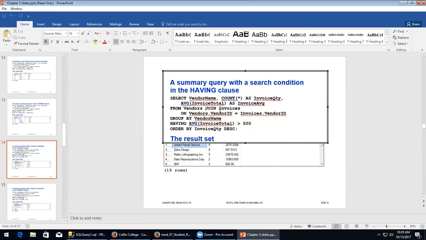What do I want you to do instead of just saying join? Inner join, please. For the purposes of this class, it'll be right on any platform if you just say join, but I've always taught it as write out inner join, so humor me. Inner join invoices on. I would have aliased the vendors as